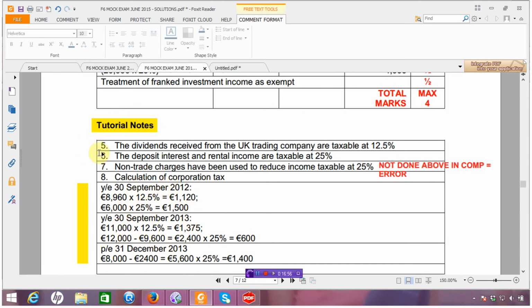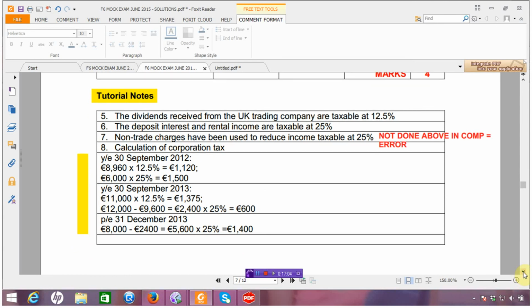A couple of notes here in relation to the rates that you're going to be applying, as shown above and as I've explained. So hopefully that is of some help for you and that makes sense,